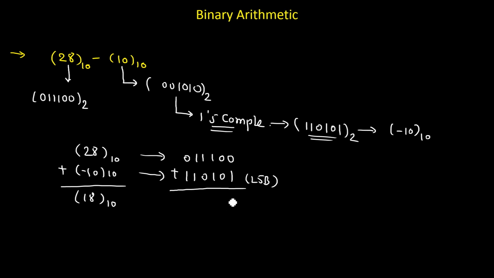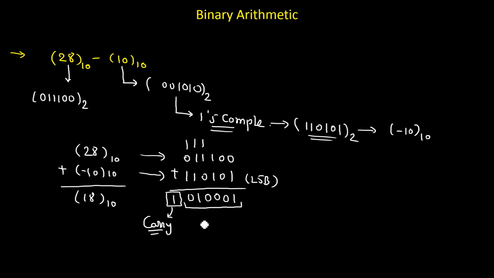First column: 0 plus 1 we get 1, 0 plus 0 we get 0, then 1 plus 1, so the answer is 0 and we get 1 carry. Then 1 plus 1 plus 0, so the answer is 0 and carry is equal to 1. The next column, 1 plus 1 plus 1, so we get answer 1 and carry also 1. And if we add the last column, 1 plus 1, we get answer 0 and 1 carry. The most important thing is that we get one extra bit, the carry bit, in the final answer.